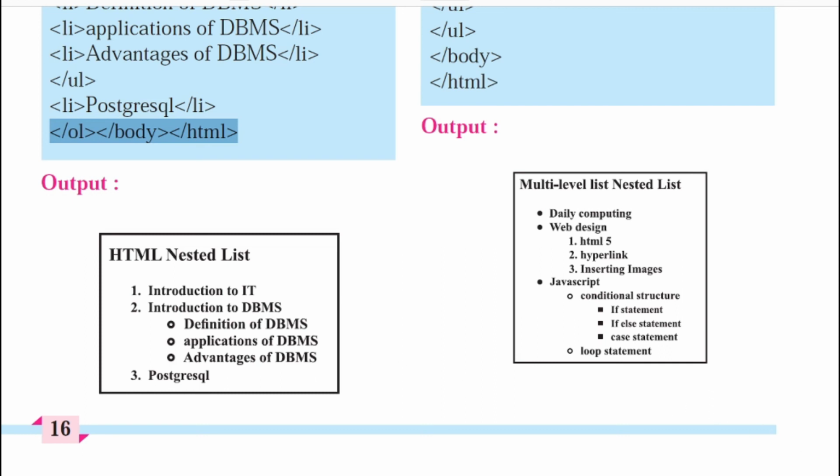Advanced web designing, types of list, my dear students: ordered list, OL tag; unordered list, UL tag; then we have definition list, DL tag; and just now we saw nested list, which is a combination of ordered as well as unordered. In the next video lecture, we will move further and learn how exactly to add audio, video, and perform client-side image mapping in HTML5.